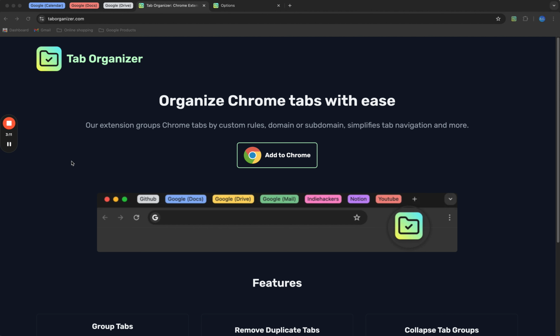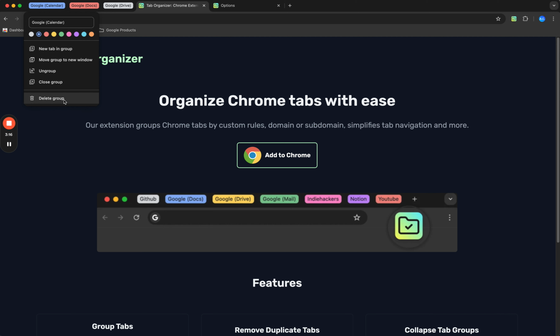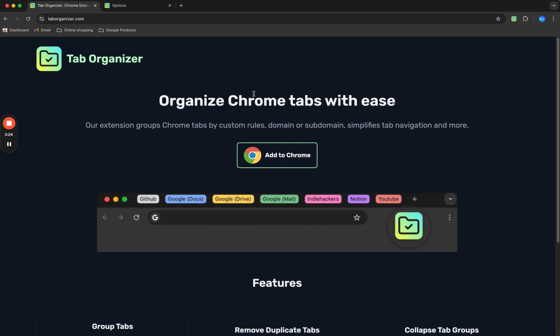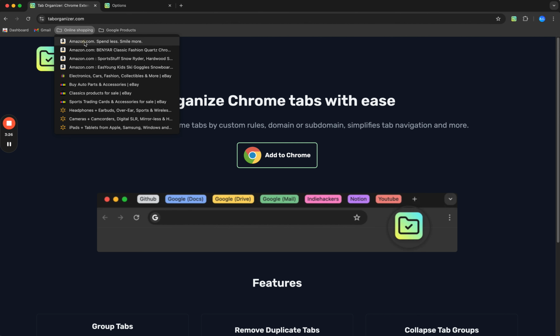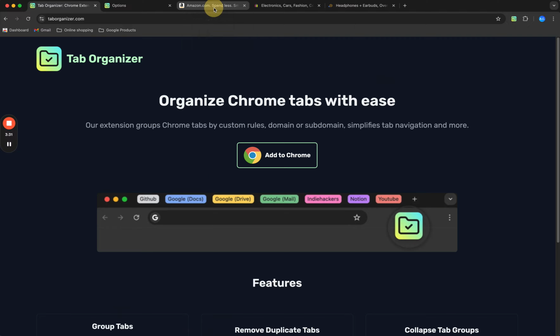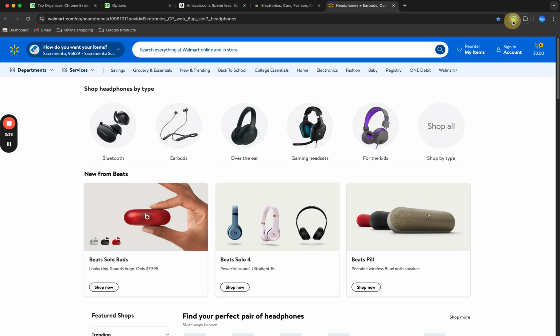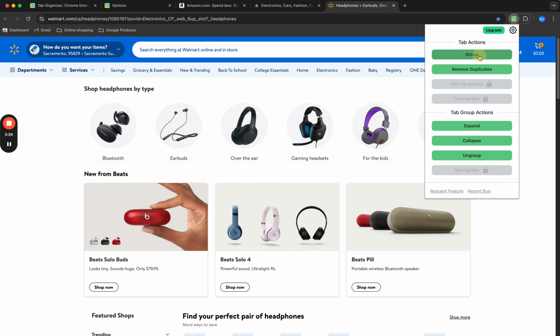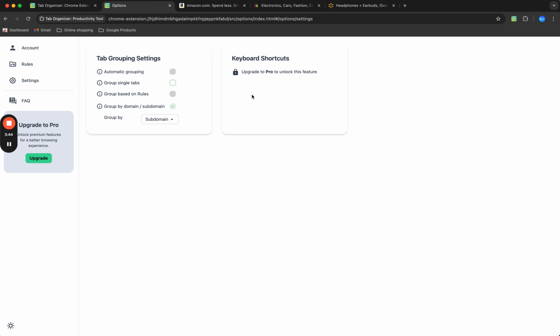Also, I would like to demonstrate one more thing. Let's clean the tabs first. So, if I open just 3 tabs with different websites like Amazon, eBay, and Walmart, and click the Group button, as you can see, they are not grouped, and this is because the option Group